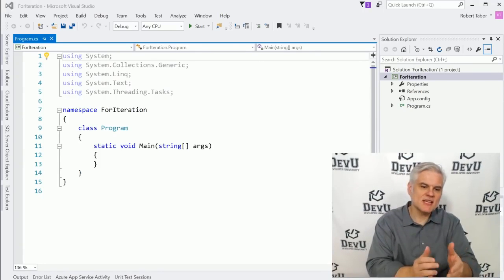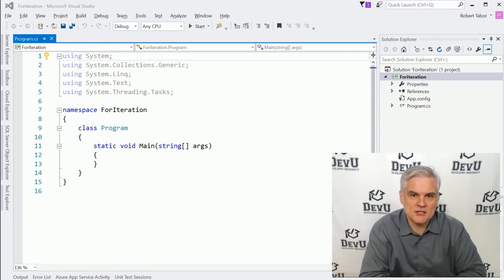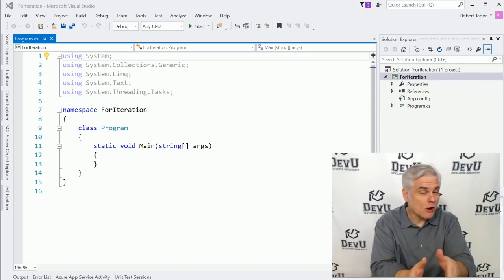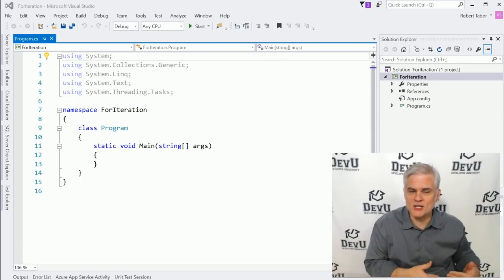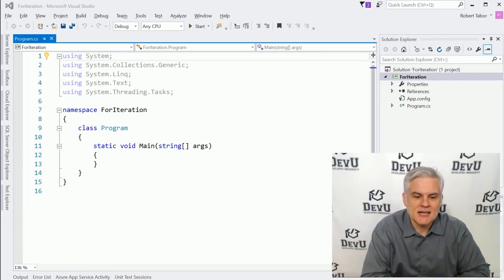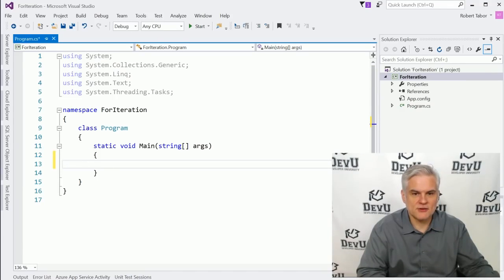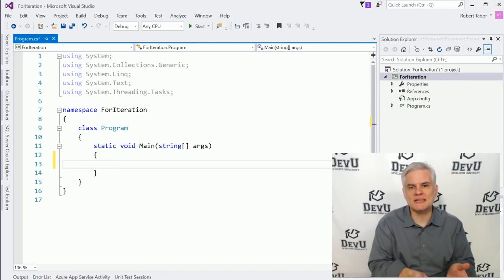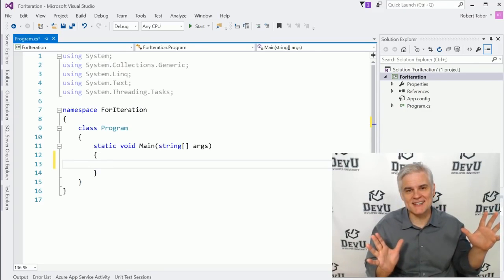So as you can see, I've already taken the liberty of creating our project. I called it for iteration. Pause the video, go through the steps that you already know how to perform to create a new project, new console window project, and catch up with me. I'm going to begin to add some code here on line 13 in just a moment. Now the syntax that we're going to write here in just a moment is possibly the most cryptic of anything that you've seen yet, and I'm going to be completely honest, sometimes I get